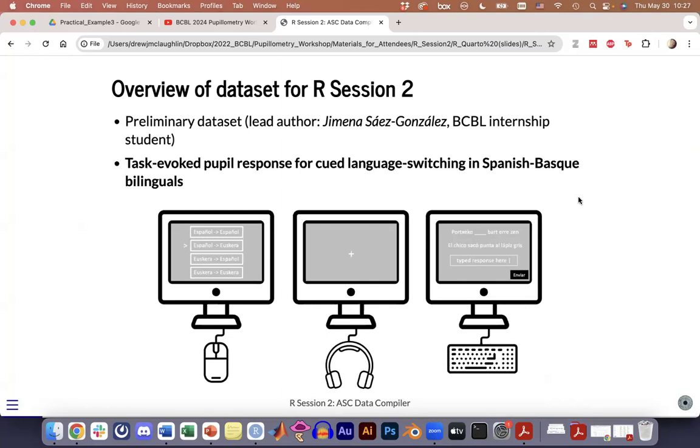The data set, because I told you we're using real data. This is a preliminary data set. I've only given you 5 subjects of data because doing more than that would take more time than we have for this. The lead author from this data set, her name is Jimena. She just went back to where she's doing her master's thesis and she's writing her thesis right now, but she was here doing an internship for 4 months and she was collecting this data set and she did a really amazing job. And what she was looking at for this data set was